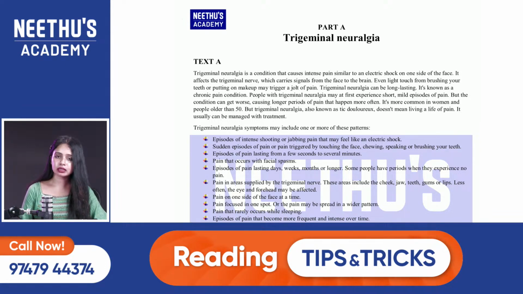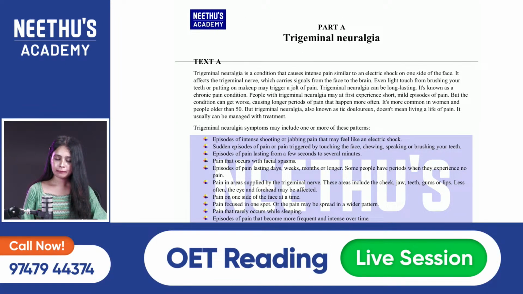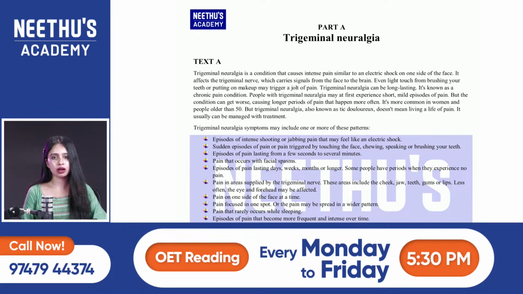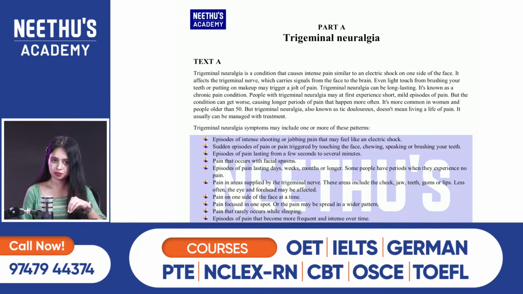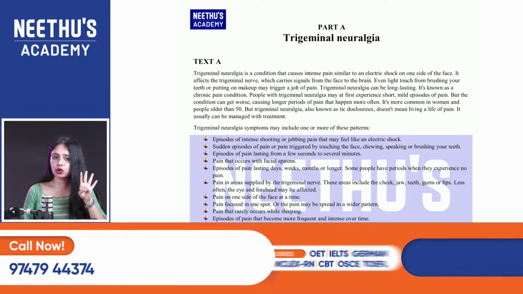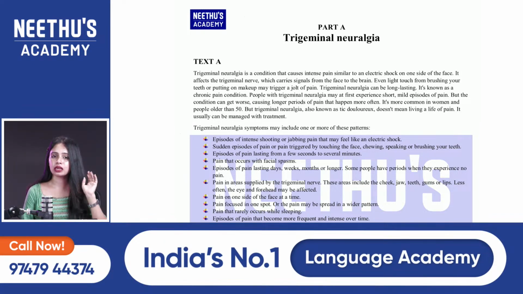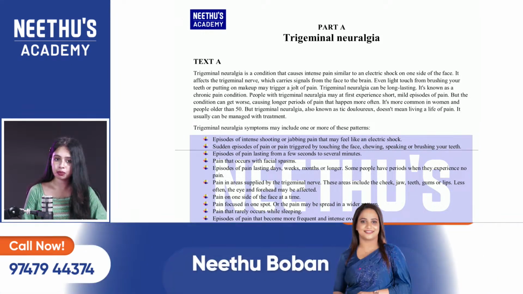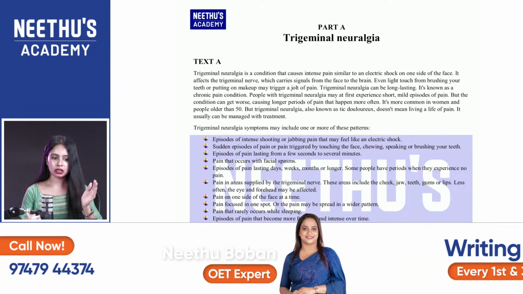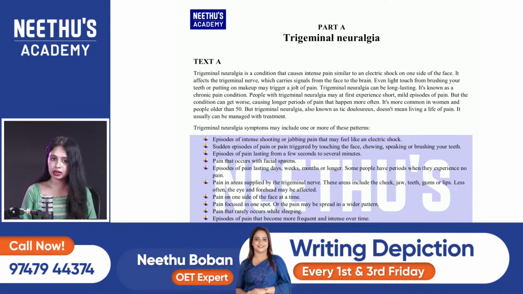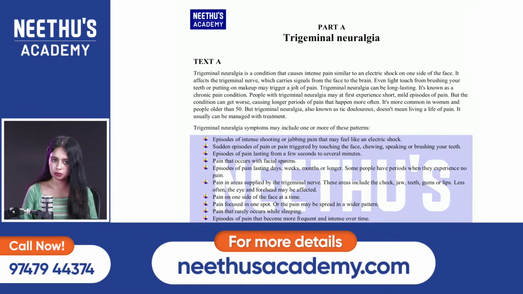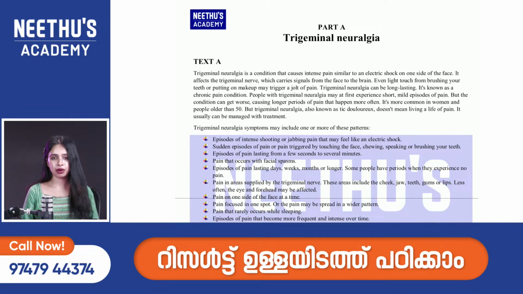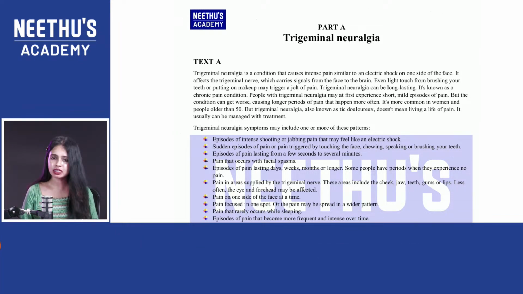Yes. So what are the keywords that we should underline? The first one is we can underline all the headings. In part A we have 4 different texts, as you know, text A, B, C and D, and you should underline all the headings from the text. Don't skip any line. You should read each and every line completely, fast read it, plus underline certain keywords from the text. That is what I said. I hope it is clear.